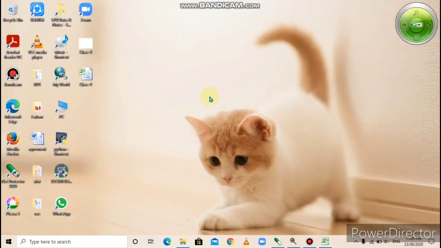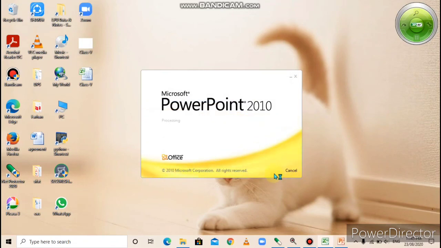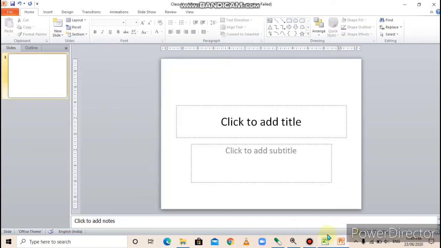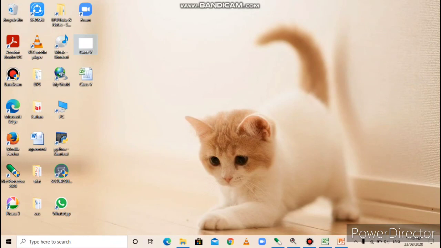This Excel, I open another file. This file is a PowerPoint. So right now I have open two files, Excel and PowerPoint, right? This is a PowerPoint and this is an Excel. When I click the peek button, you can see all the files, all the programs minimize and the desktop will appear. Understood? Okay.